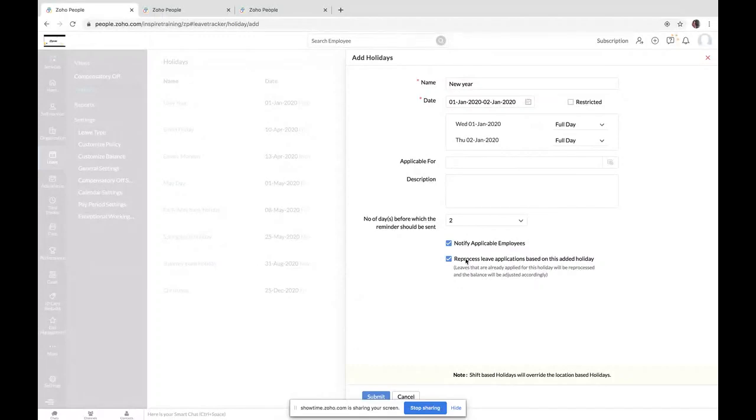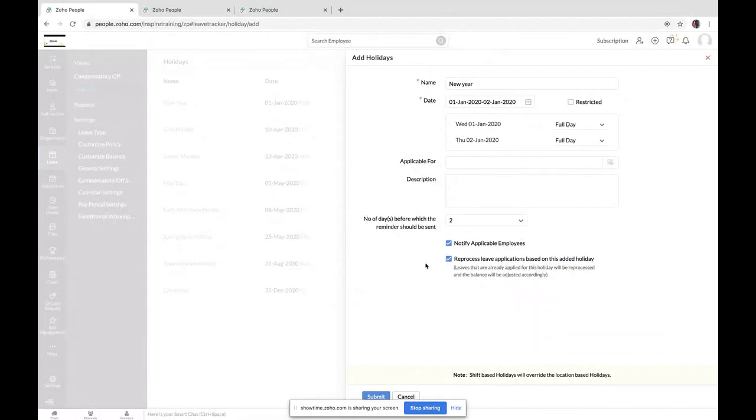In order to make sure the leave applications are right, we can do a reprocess of leave applications so that all the leave applications will be re-triggered once again and your leave balance will be adjusted accordingly. So employees who have taken leave on May 11th earlier will not be deducted leave. Instead, they'll be credited with leave in return. So this is about the reprocessing of leave application concept.